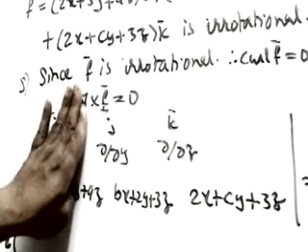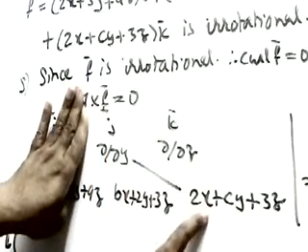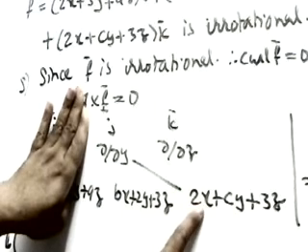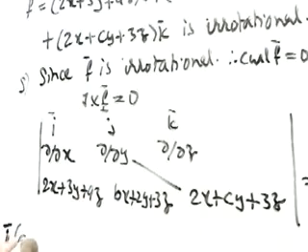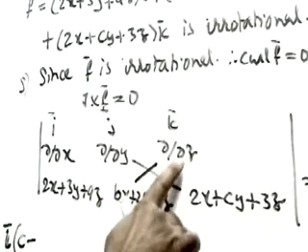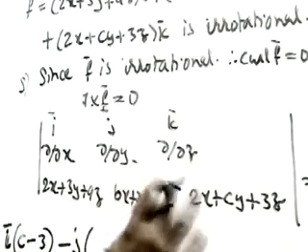First i into, when we take i, we leave this row. Now differentiation of this with respect to y, dou by dou y of this. With respect to y, this doesn't have y, 0, this doesn't have y, 0. y is 1, 1 into c is c, minus, we have to multiply this, that is differentiation with respect to z of this. When we differentiate this with respect to z, this is 0, this is 0. d by dz of z is 1, 1 into 3 is 3.